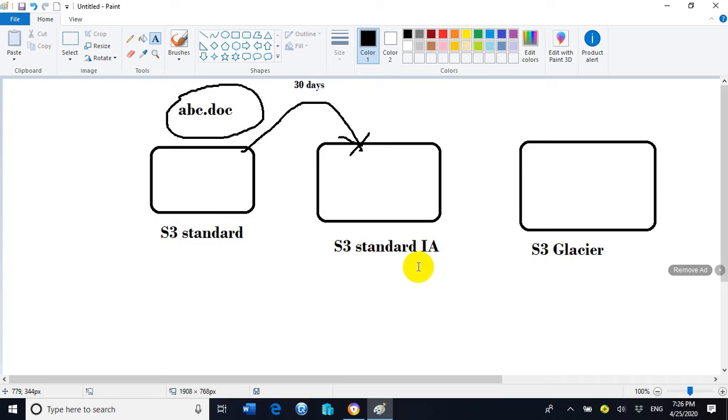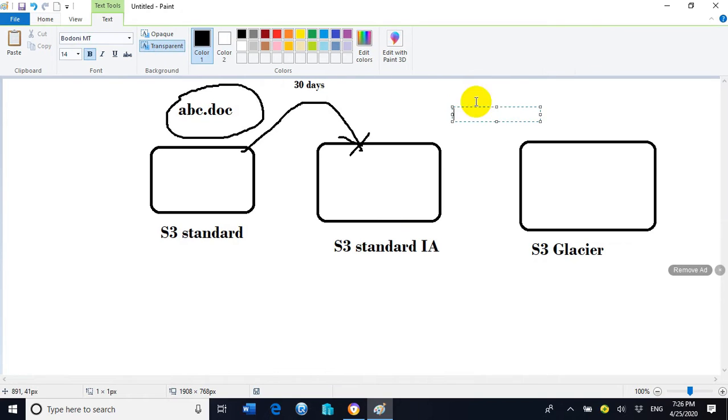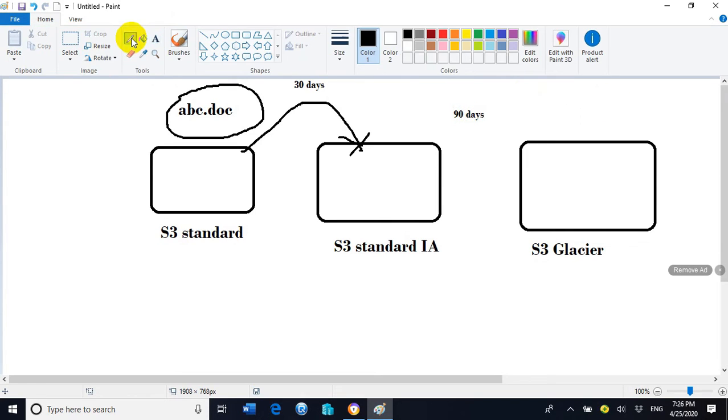The S3 standard IA will have speed in milliseconds, but the S3 standard will have speed in microseconds. So we will create another rule that after 90 days the abc.doc file must be automatically moved from the S3 standard IA to the S3 glacier. S3 glacier is also cheaper than the S3 standard IA. So keeping the information on the S3 glacier is much cheaper than the S3 standard IA and the S3 standard. It means we are archiving the information which we are not using on a frequent basis,